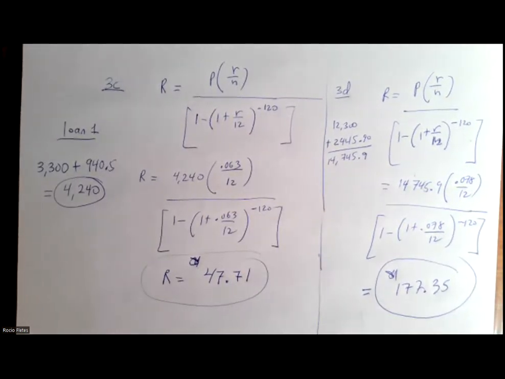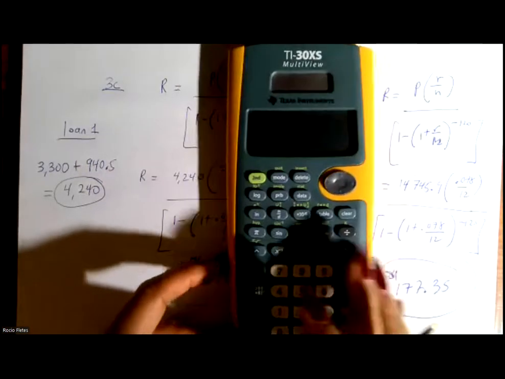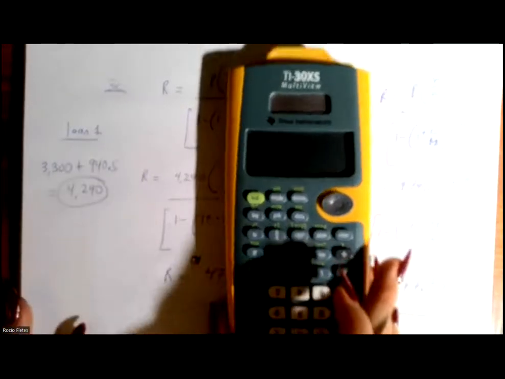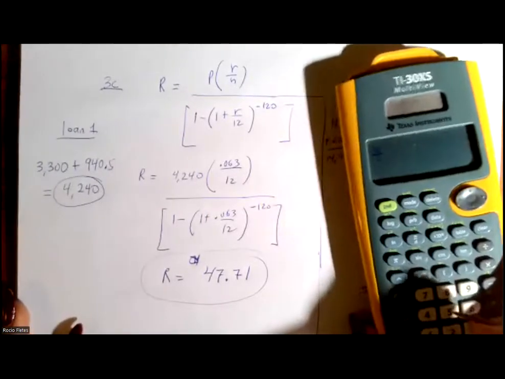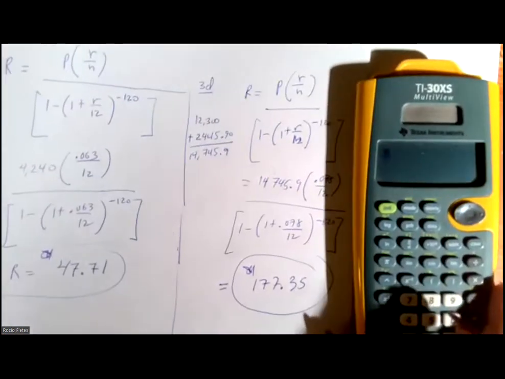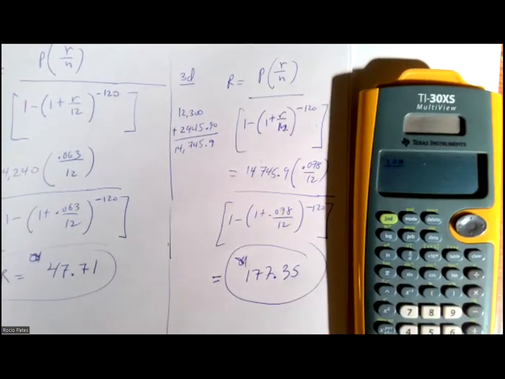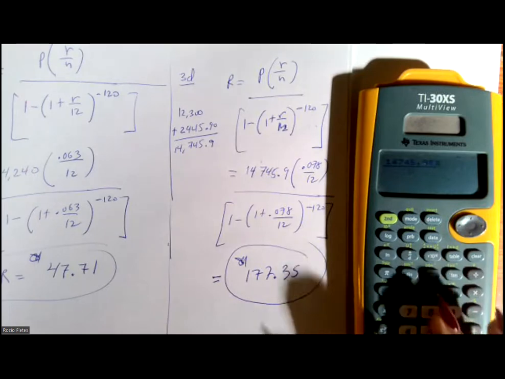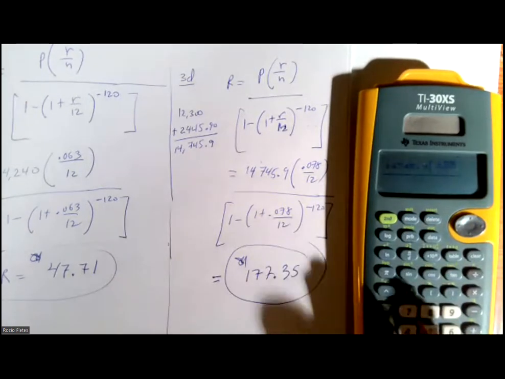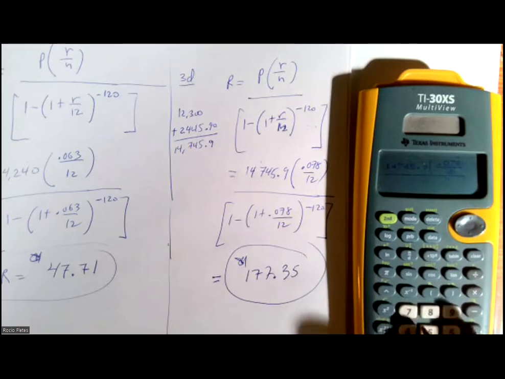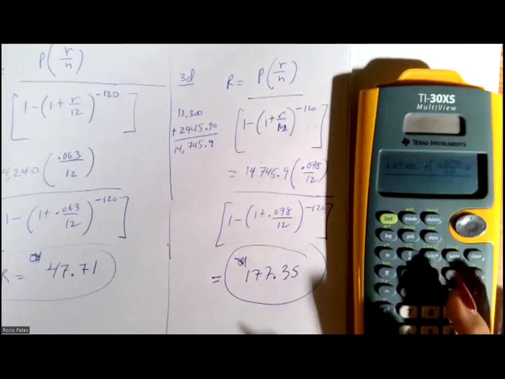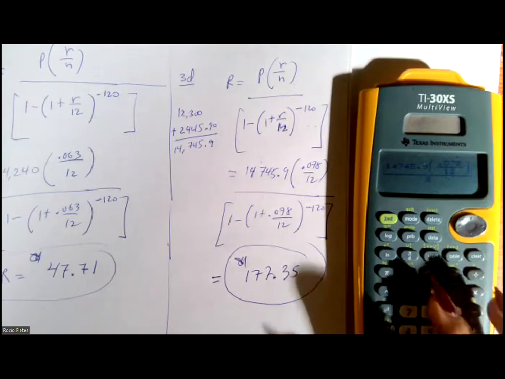Let's try that. I'll enter it one more time so you can see how I did it. Okay, so you put a fraction. Can you see there? I think it's better. Let me move the paper a little bit like there. So, okay, we're gonna do 14,745.9, and then parentheses, fraction, 0.078, down 12 payments, out of the parentheses, close parentheses, and come down, parentheses, and